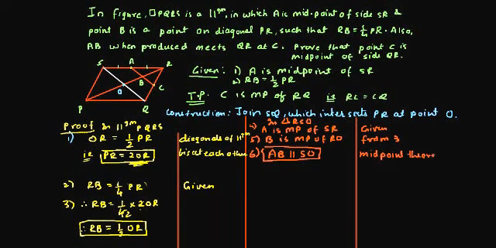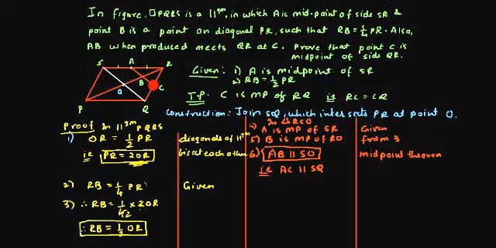This theorem says that segment joining midpoints of two sides, this segment will be parallel to the third side and this segment will be half of the third side. Right now we are using the parallel wala part. That is, I can definitely write that AC is parallel to SQ. Refer the diagram. If AB is parallel to SO, we can write that AC is parallel to SQ.